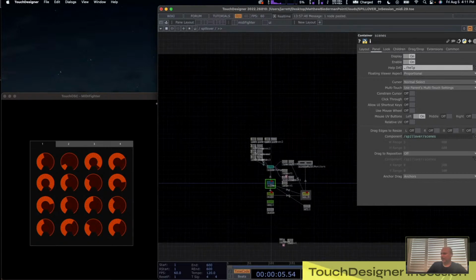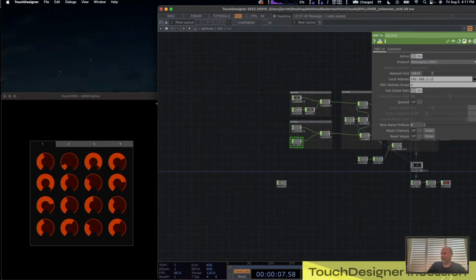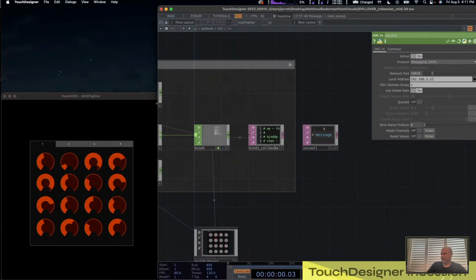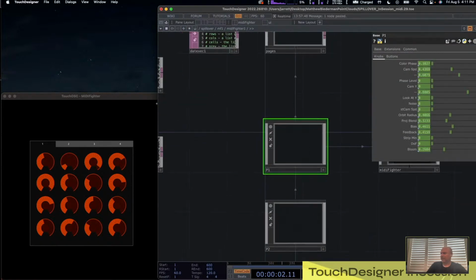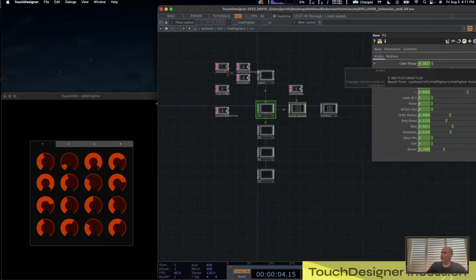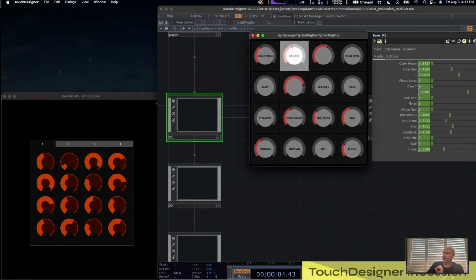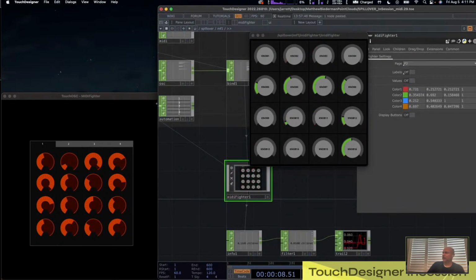And the nice thing is, if we look back up here, and we go into the pages area, not the labels, I followed your naming conventions here. See, you recognize these, right? But it's really knob 1, but the label is color phase, and that changes when you change your pages. So see, the system uses the label name as the